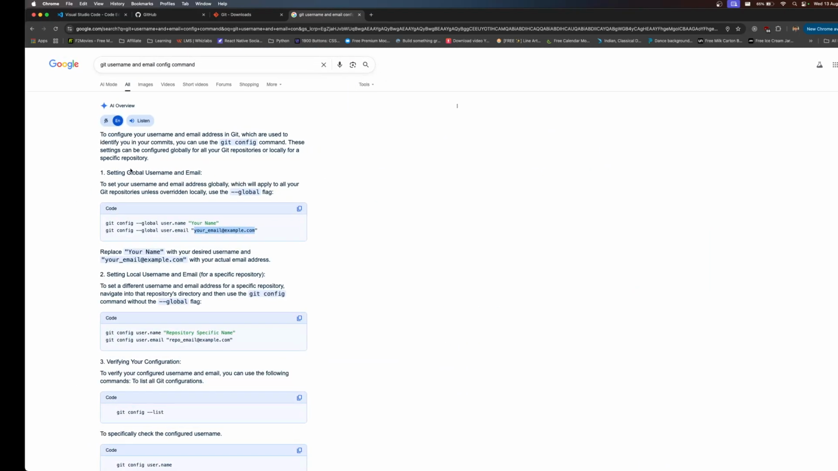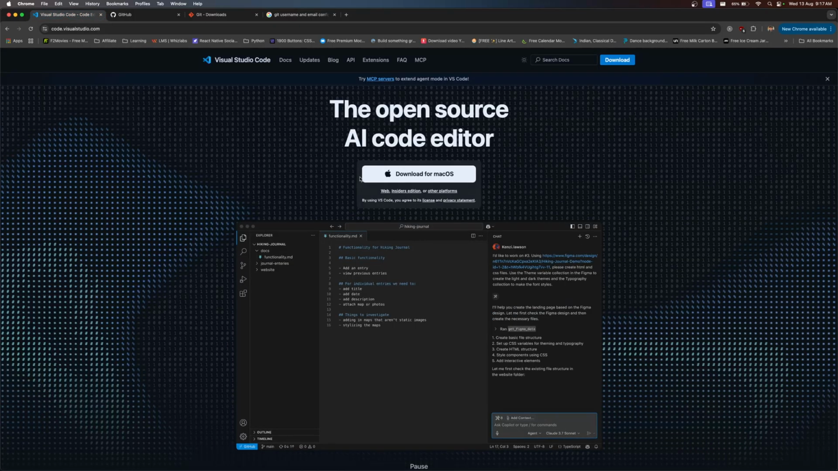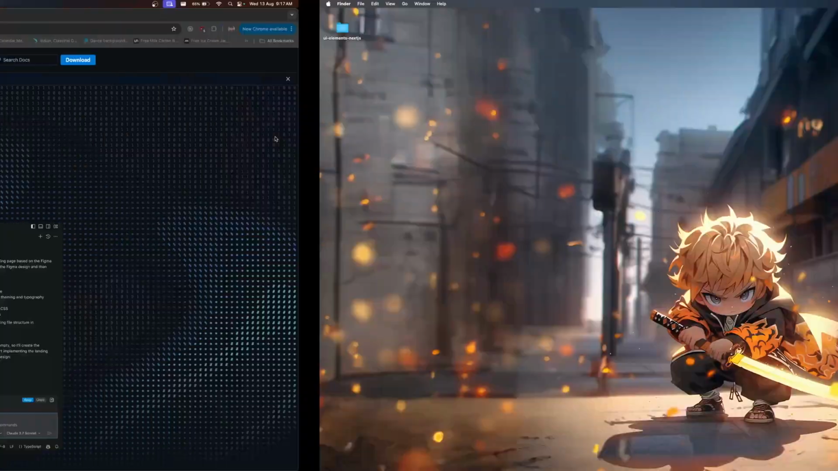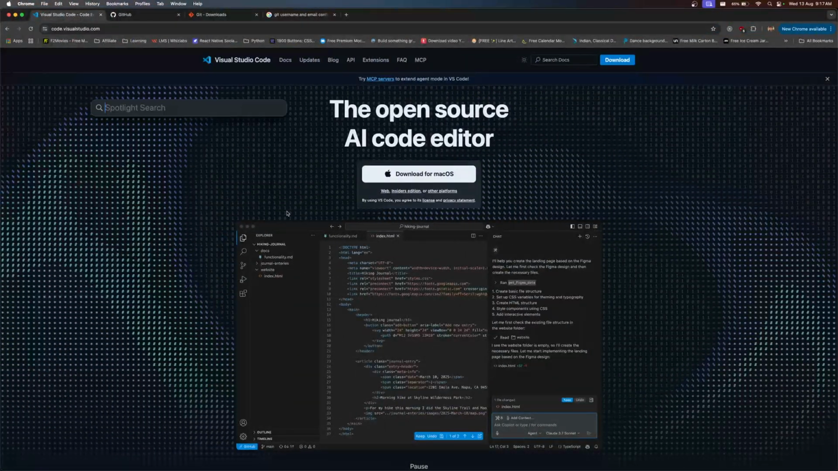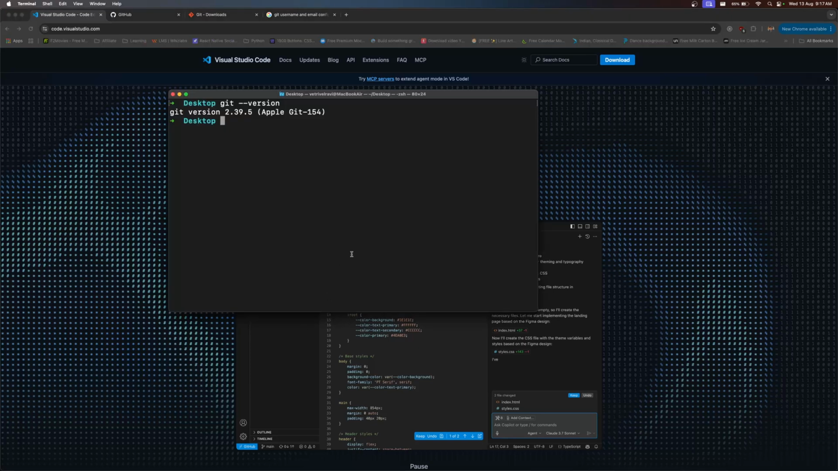So now let me open up Visual Studio Code. We have successfully downloaded it, right? So I have to open that Visual Studio Code. What I'm going to do is open the terminal. Let me bring the terminal up. On the desktop, I'm going to create myself a folder. So let's say